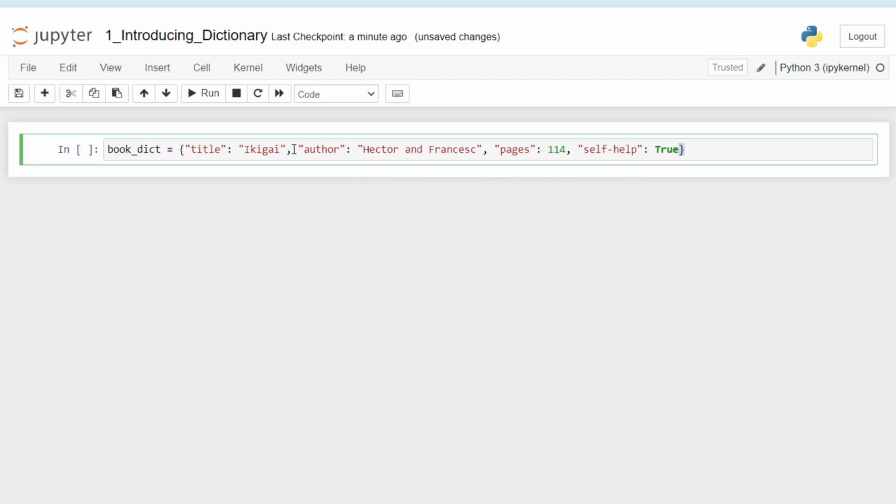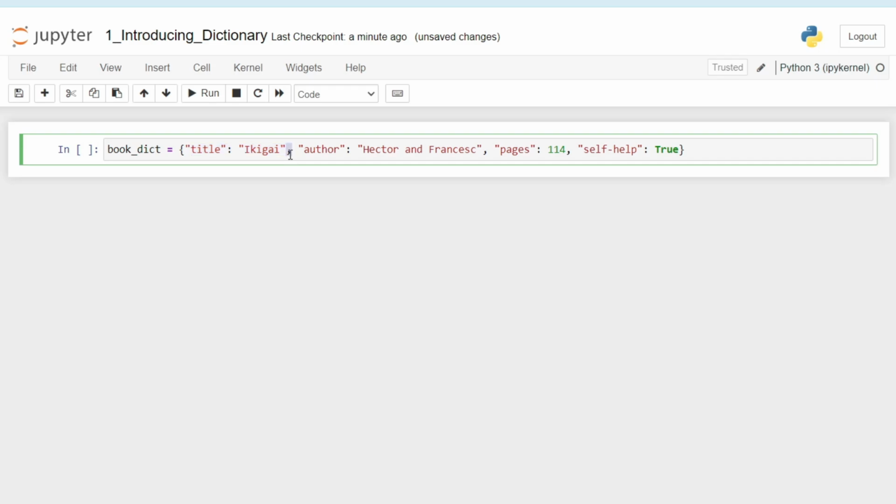And a dictionary is a mapping of key value pairs. So here is an example of a key value pair. And a key value pair is separated by a colon. The key is on the left side and the value on the right side is associated with that key. And each key value pair in a dictionary is called a record,